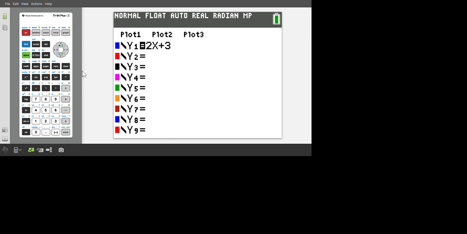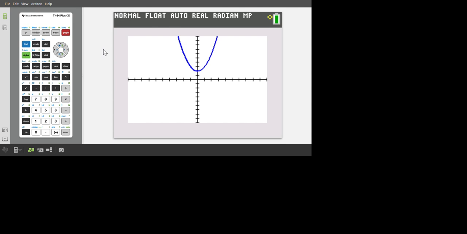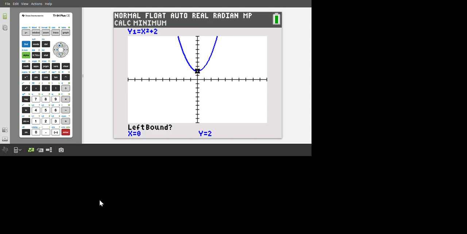Okay. Now with a linear function, you're not going to have a min and max, so to speak, to be able to find. So let's look at a squared function here. Okay, so x squared, we'll say plus 2. If I graph that, you can see here we have a minimum. Well, let's say we want to know what that minimum is. We can do second calc, minimum. Okay, and it's going to ask you the same thing it did with the other function. It wants you to go left bound of that minimum, hit enter. It wants you to go right bound of that minimum, hit enter,